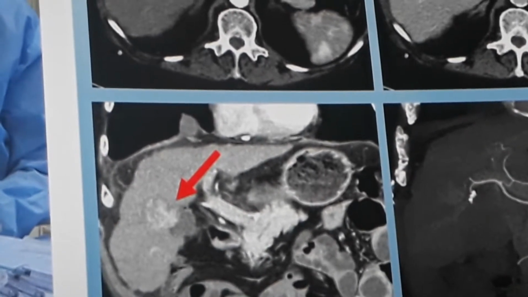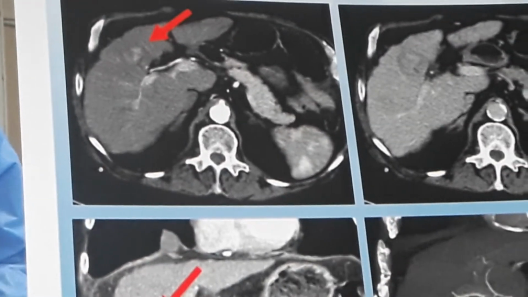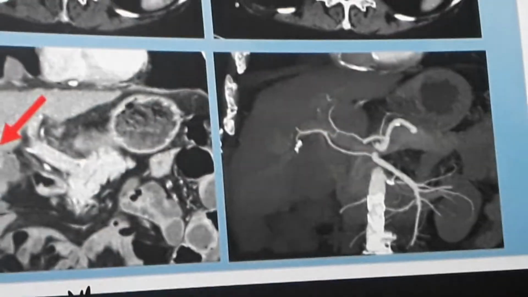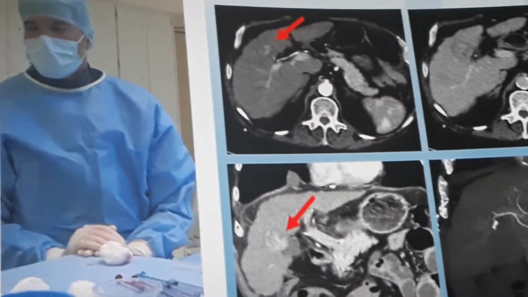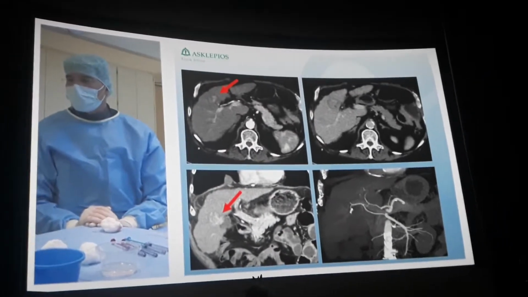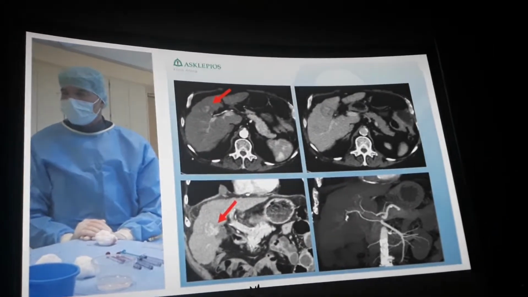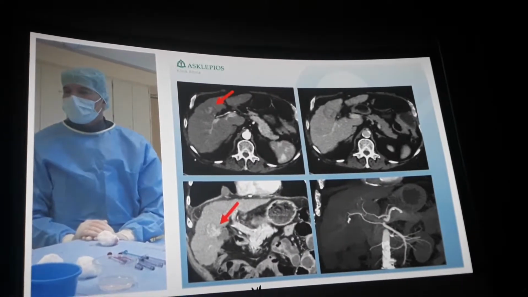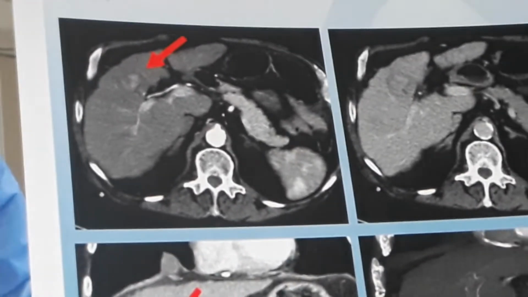In the portal venous phase, in the CT, we see a certain washout phenomenon, but it seems to be limited to that capsule, and the image correlates very well with the ultrasound image, and we believe that this is HCC. In the lower